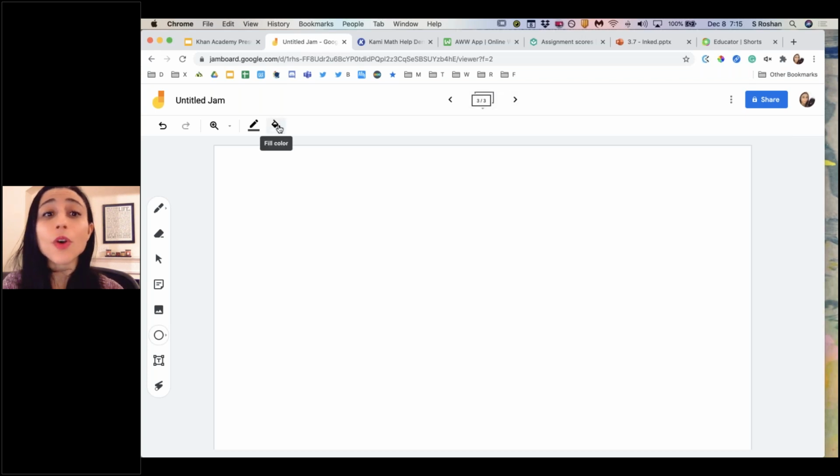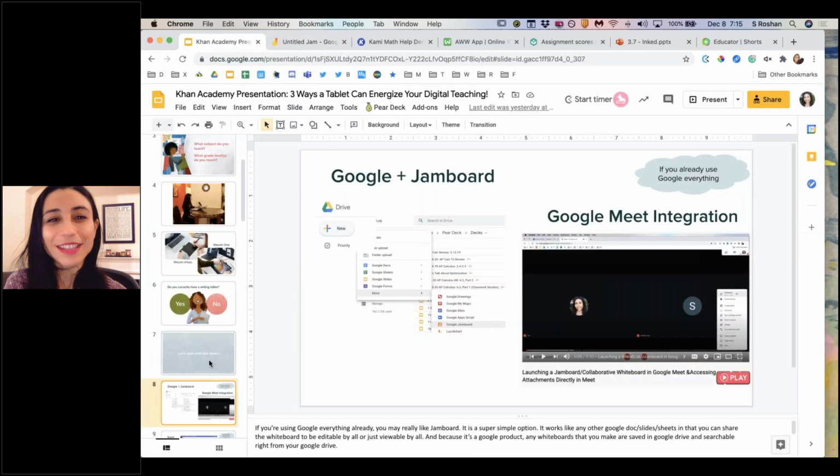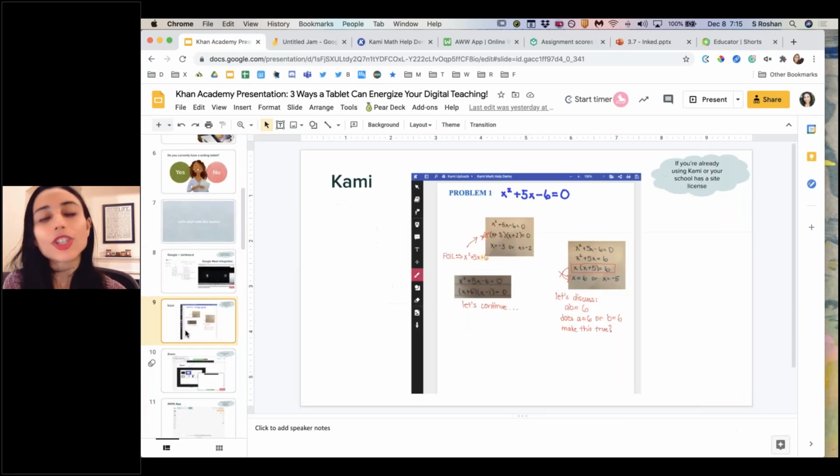And so those are the very, very basics of getting started with this. And there's also the ability to have some grid paper background also. So let me go ahead and move into the next option,